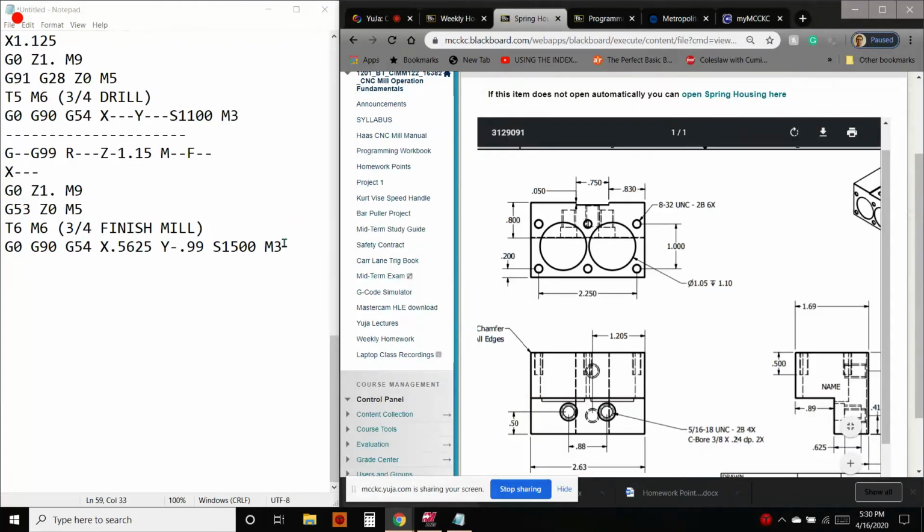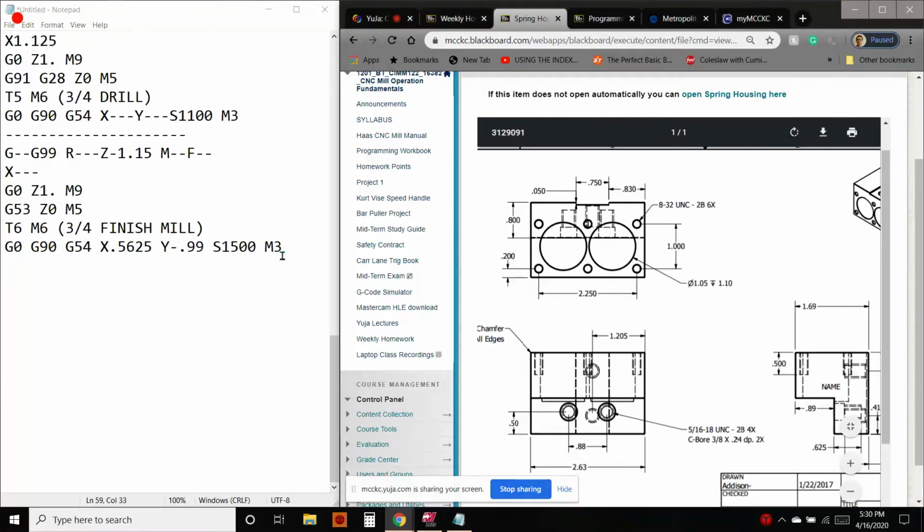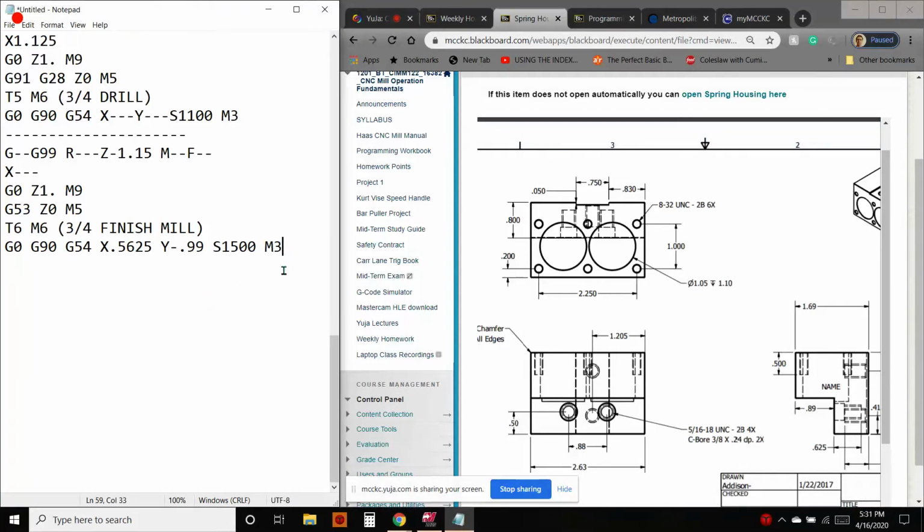So if some of you are used to seeing quite a bit higher RPMs, that's probably because sometimes it takes a while to get everything up to speed and full productivity. I've had other issues where I tried to do things too fast and then I was told that things came flying out of the vise, and I'd rather they just speed it up on the floor. All right, so